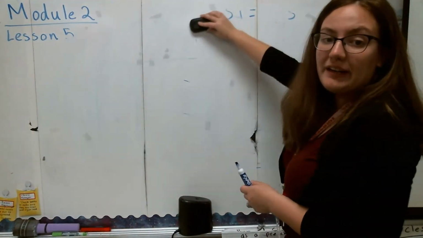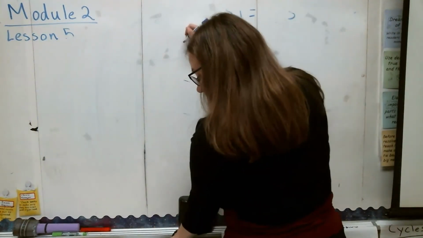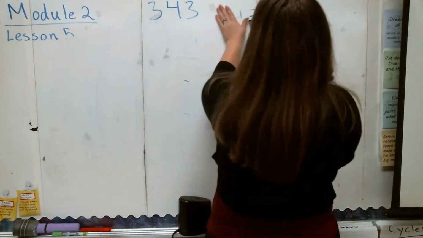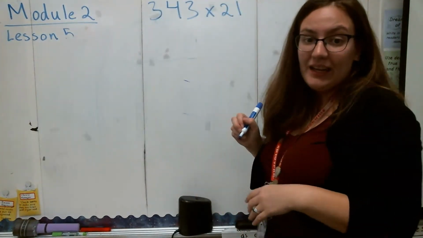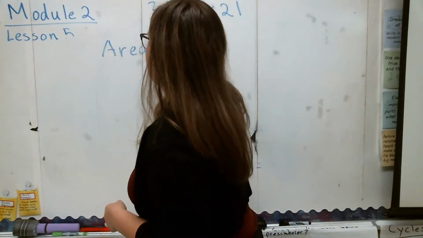So again, I am going to be using my area model to help me out with this problem, because I'm definitely going to need help. I am multiplying 343 times 21. Now with this problem, again, area model,